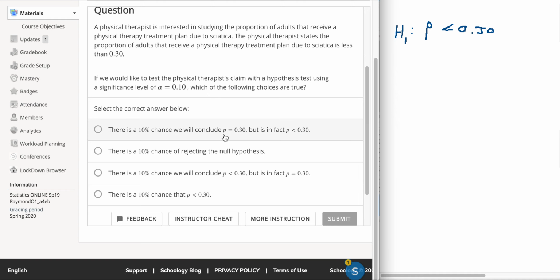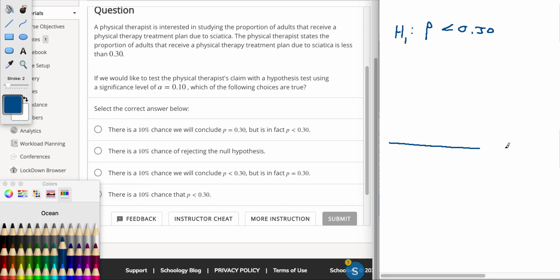There's a 10% chance we will conclude p equals 0.3, but p is in fact less than 0.30. So alpha is this area in the rejection region. Okay, so this is 0.10. That means there's 10% area over here. And what you do with this whole rejection region, drawing the bell-shaped curve, is that a hypothesis test